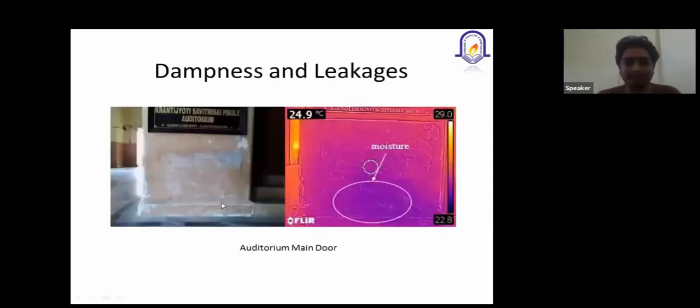First one is the dampness and leakages. How to detect where the dampness is present? We can't basically detect exactly where the dampness is present. We have to take each and every part of the photo, every wall. Okay. In this case, you can see here only the paint has fallen out. But what is the reason behind this paint falling out? It is nothing but the ingress of moisture, and this moisture is ingressed at the top also. But the most concentration is at the bottom, so we can detect it here also.